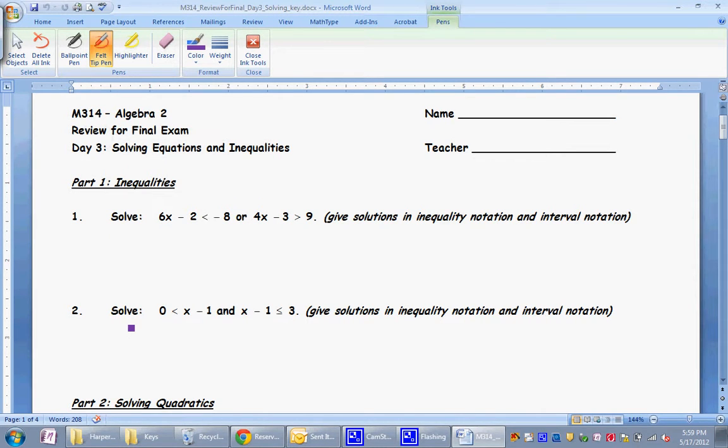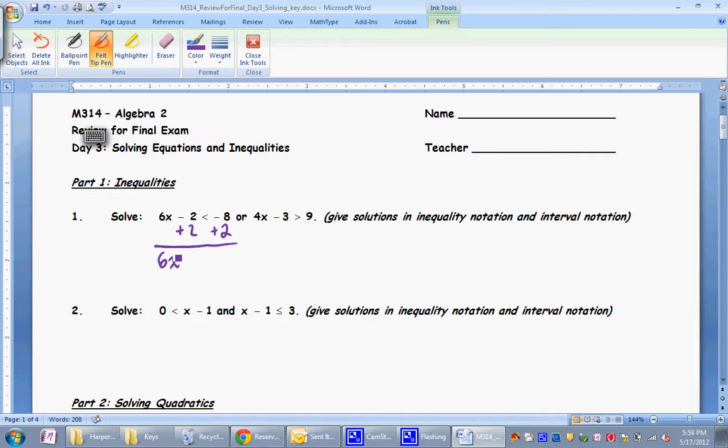Hey guys, in this video all I'm going to do is solve all of the problems on Worksheet 3, the review for the final exam. I'm going to go pretty quickly, but you are more than welcome to pause the video or rewatch sections if you'd like. Number 1 and 2 are both inequalities, and basically when you're solving an inequality, you could treat the